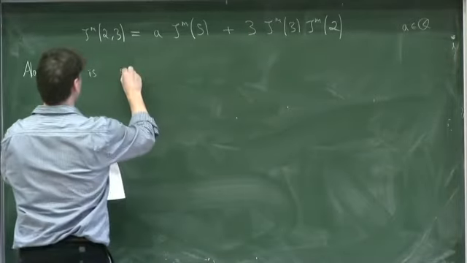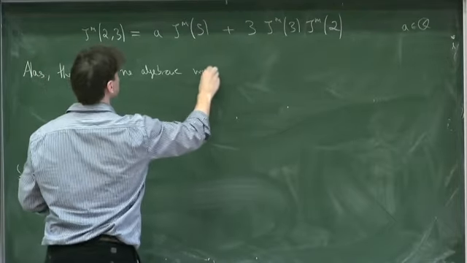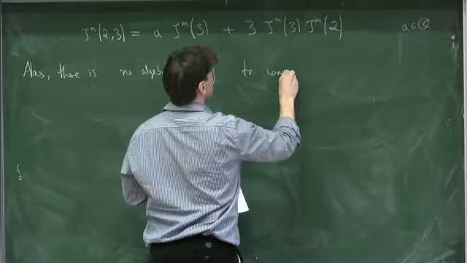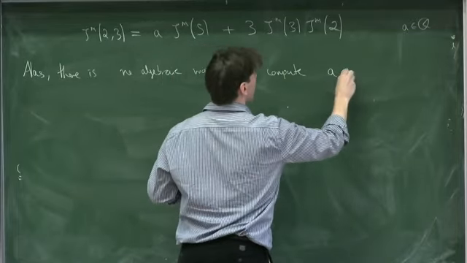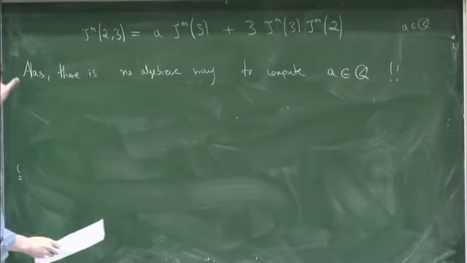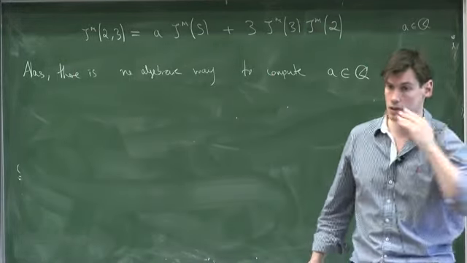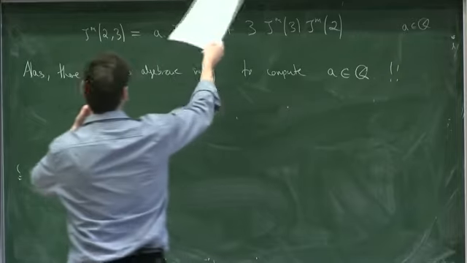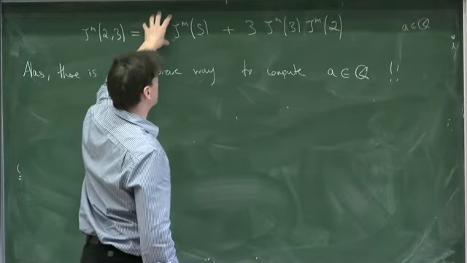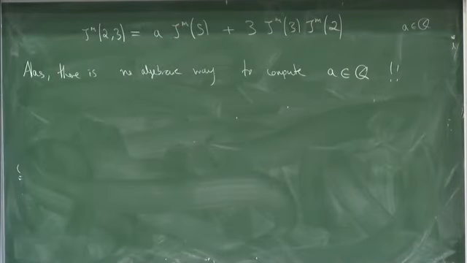So alas, there is no algebraic way, so far that I know of, or no practical way in any case, to compute, in principle there might be, but in practice there isn't, A, which is a rational number. So the Motivic coaction tells us a lot about relations between Motivic multiple zeta values, but it does not tell us everything. And this is one of the sources of this ambiguity of the map phi. The Motivic coaction simply cannot see this part of the problem. It's a regulator. There's no way of getting at it.